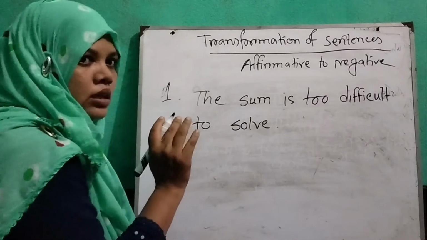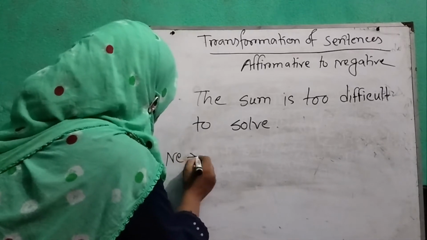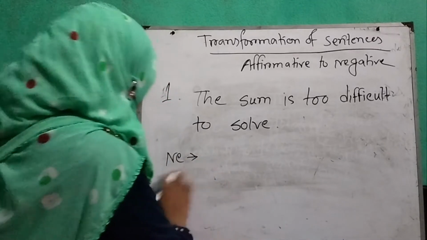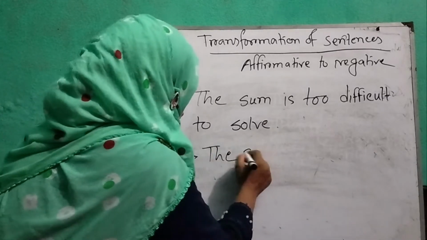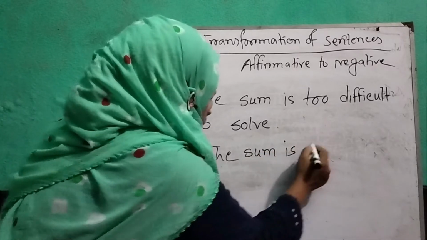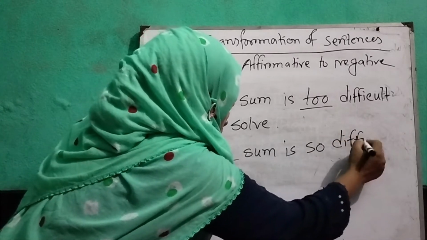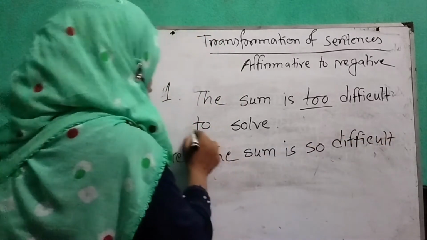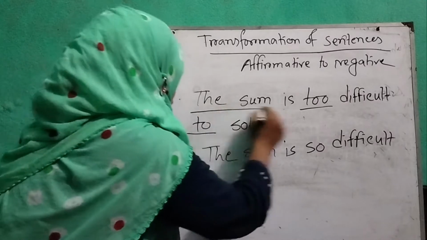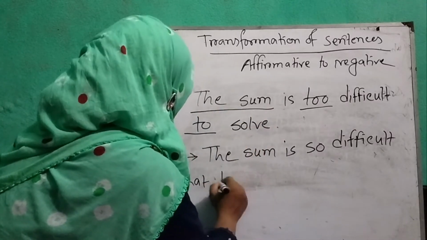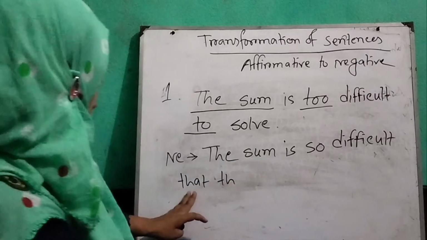This is an affirmative sentence, and when we transform this sentence into negative, we have to write the sum is so, instead of too difficult, instead of to, that, then first subject of the affirmative sentence, the sum is so difficult that,